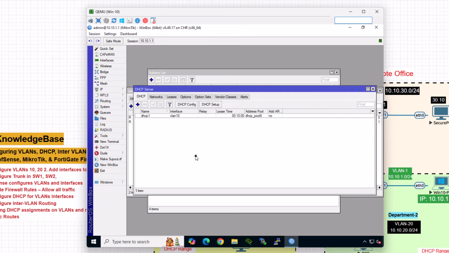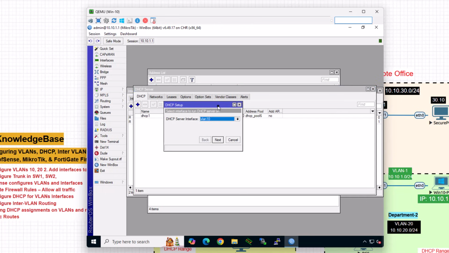Now repeat the same for VLAN 20. Click on the DHCP setup. Select the DHCP server interface, which is VLAN 20. Click on Next. The DHCP address network is fine. It's 10.10.20.0/24. It's automatically learned from the interface. Click on Next. The gateway for the DHCP network is picked up from the interface IP address, which is